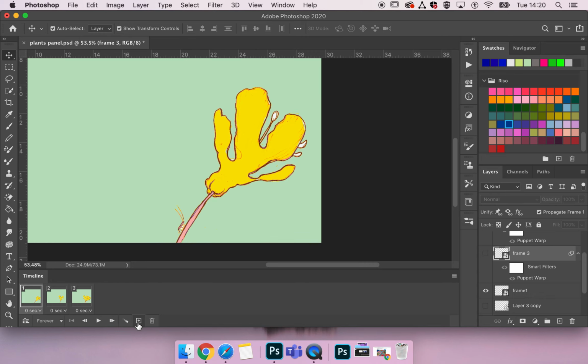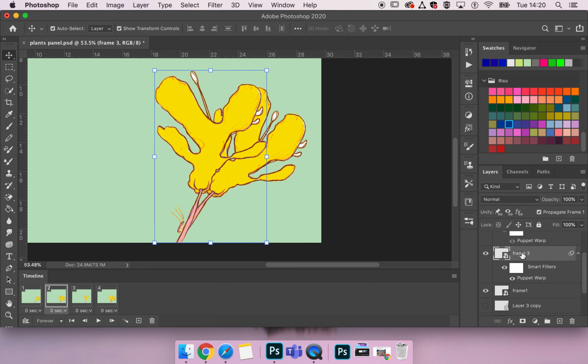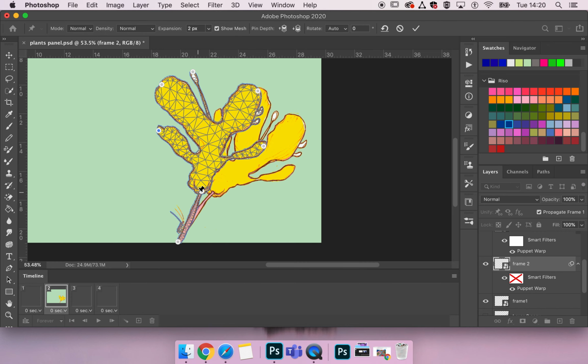And on frame 1, I'm going to make a new frame in between, which is going to be frame 2. I'm going to turn frame 3 on, and I'm going to use holding down Alt while clicking onto the frame that I want to copy and dragging it beneath. I'm going to double click that and call that frame 2. Now to exit those puppet pins, I'm going to double click Puppet Warp. And I'm going to pick up those pins and start moving them again in between